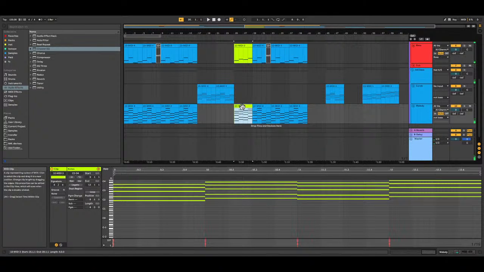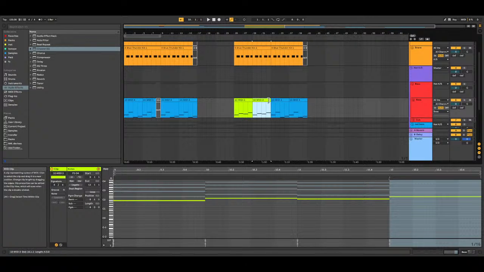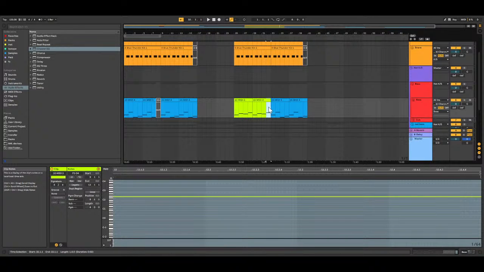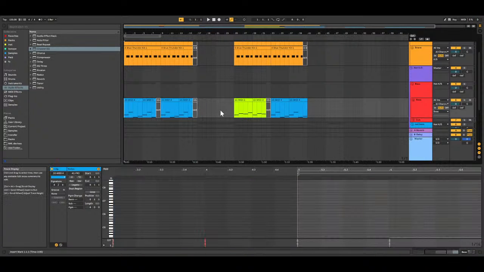Cool. So let's duplicate that out. Duplicate that. We'll get rid of this again. And I was thinking also here, let's get rid of that bass note at the end. And let's just hear what we have from